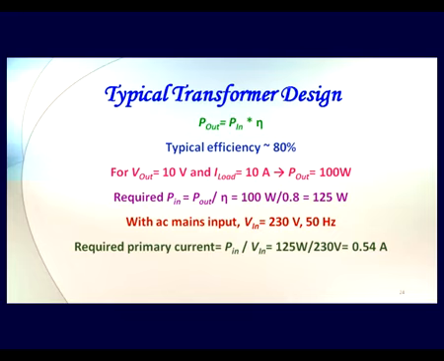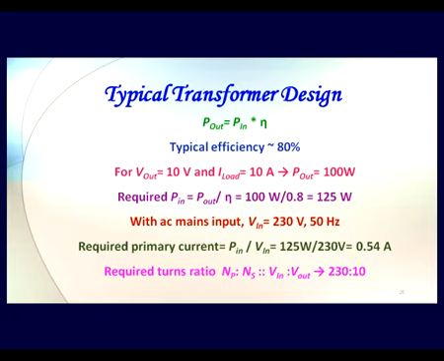Of course, the current rating as we are calculating here is going to basically decide on what gauge of wire we are going to use for the primary and secondary of the transformer. More the current, we need thicker coil or thicker wire used for winding the secondary. Whereas in primary, since the current requirement is lesser, we can use a thinner or higher gauge wire. The turns ratio that we are going to require is V in is to V out, that is 230 is to 10. So in primary, if we have 230 turns, in secondary we should have 10 turns, or in similar proportion you can always have, say, 460 is to 20, and so on and so forth.